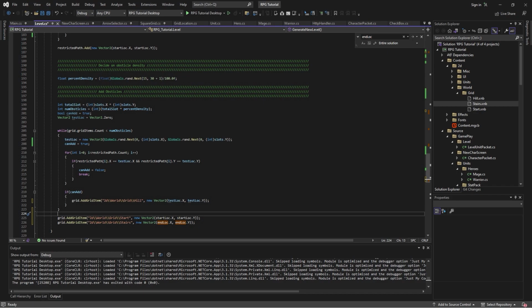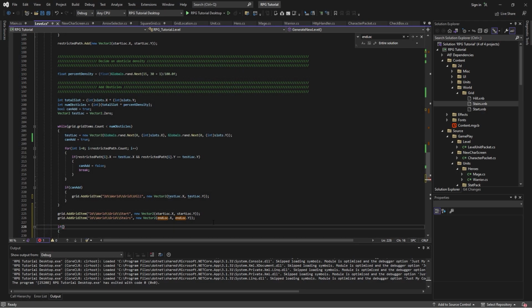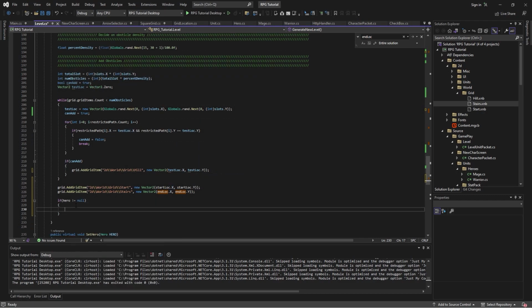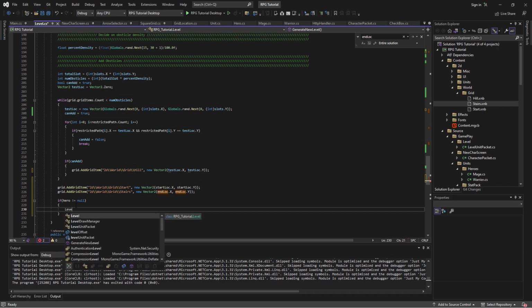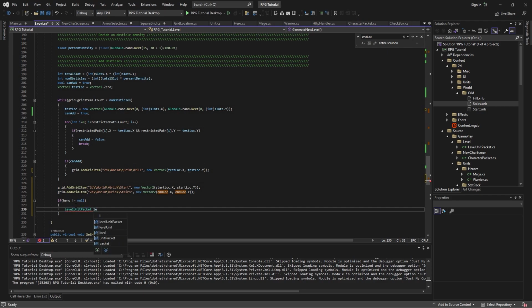And then on top of that, something that we have to fix is that the hero needs to go to the start whenever the map changes. And so to get that to happen, we say if hero not equal null. We have to create a level unit packet to pass in, and you'll see why in a second. Level unit packet